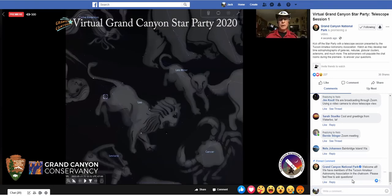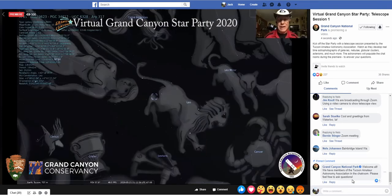So now we're going to jump out of our galaxy and look at a cluster of galaxies in the constellation Leo. This is called the Leo triplet. If you can see where my cursor is blinking right there, it's right at the hindquarters of Leo the lion. When you look up in the night sky, Leo is kind of off to the west right now,